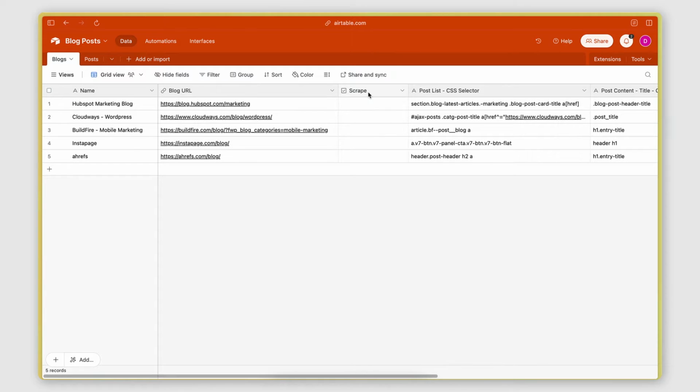I have a scrape column here, which is a checkbox column where I can select which blogs I want to scrape. So this gives me the flexibility to only scrape a few of these blogs every day, right? So I don't need to be scraping all of them. While I'm doing my research, I can have this switched off. And then once I'm done with my research, I can switch on the ones that I want to start scraping. So Airtable acts not just as a data storage for me, it also acts as a control panel for my